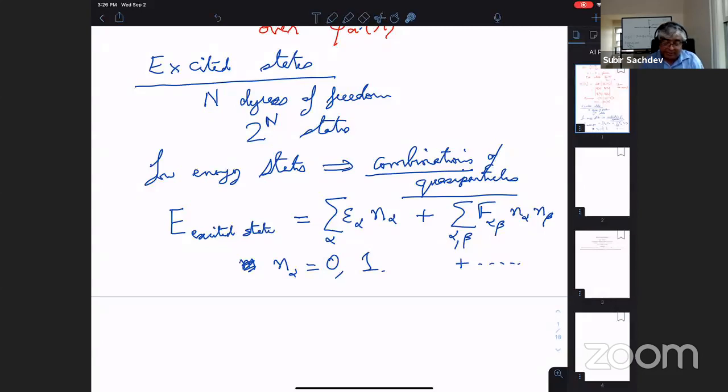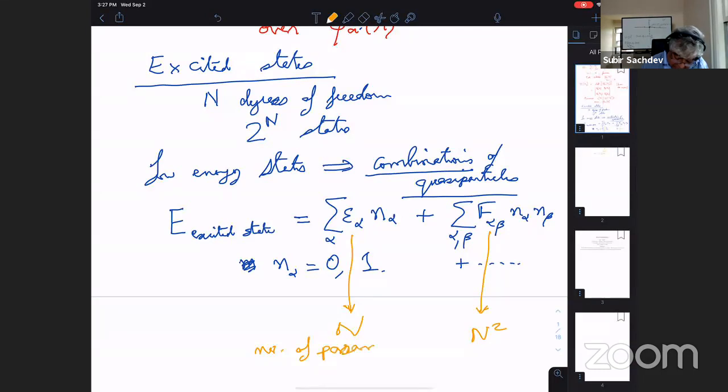But one thing I want to emphasize here is that this kind of decomposition has much fewer variables than you would think you needed, because you're talking about an exponentially large number of states. The total number of excited states, let's say, is of order 2 to the n. But the total number of parameters you have here, maybe there's n of these epsilon alpha, n particular orbitals, and F alpha beta, being very rough, would be n squared. So the number of parameters is polynomial in n, whereas the number of states is exponential in n.